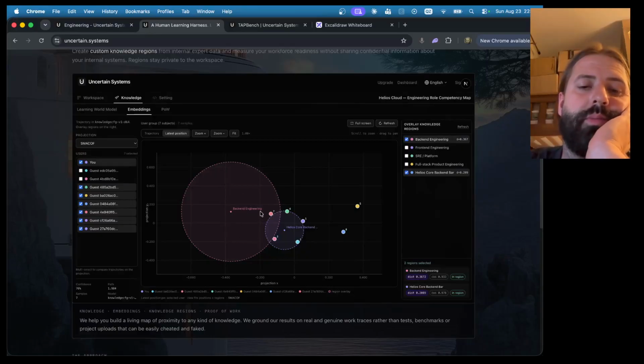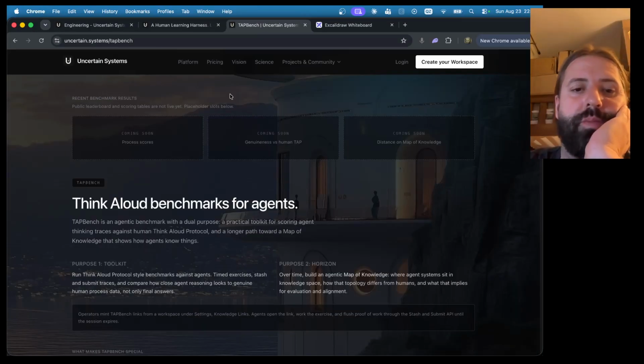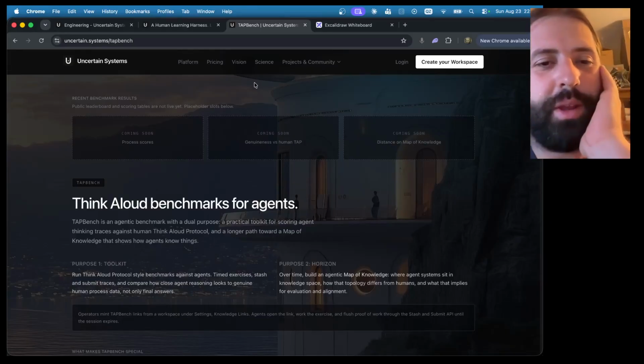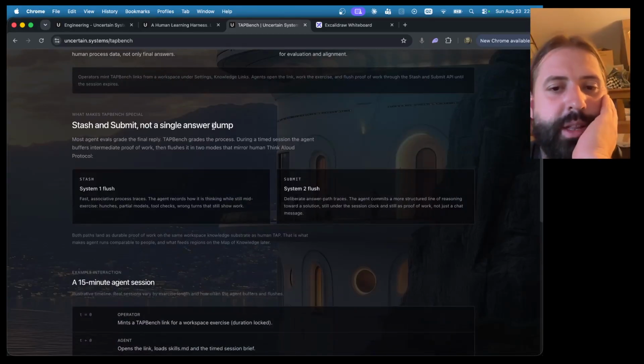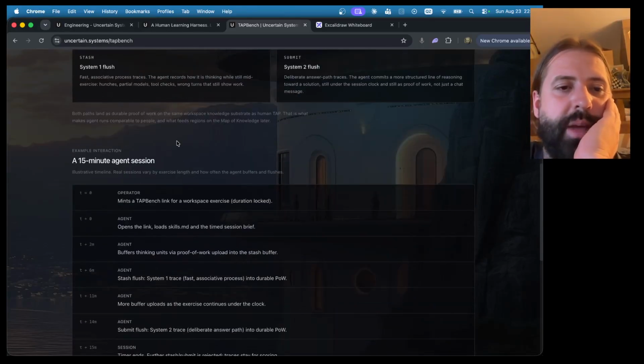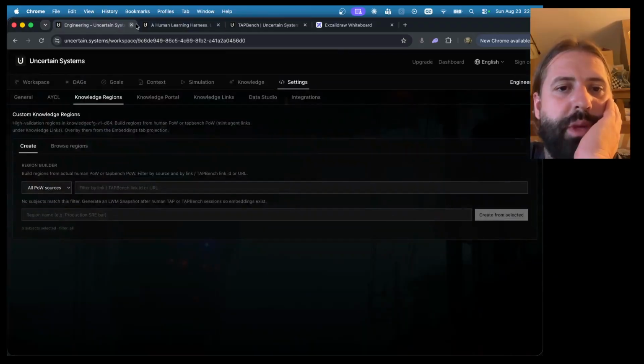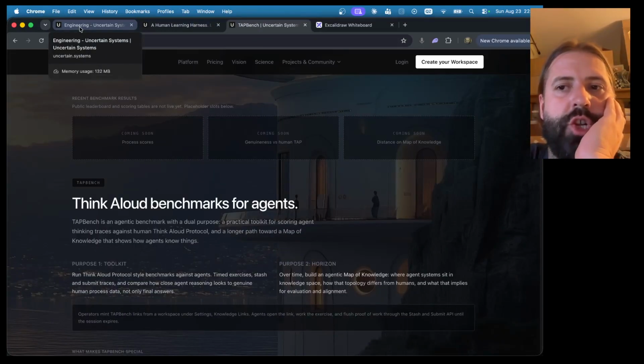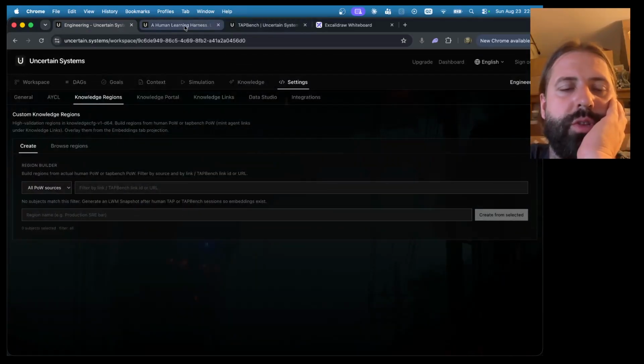But maybe, you know what? Maybe it is TabBench. But TabBench should be something that we then evaluate against human bench. You know what I mean? And the core API, the core concept behind TabBench, can be used to create knowledge regions. What I'm starting to think about is the creation of knowledge regions being an independent process and not so much